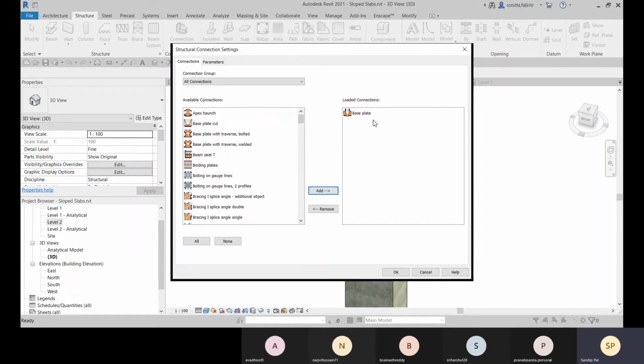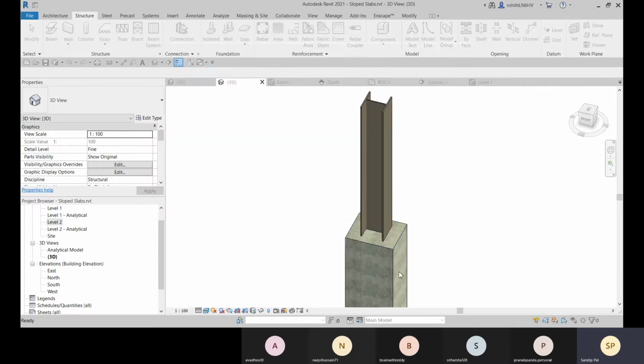So it will be in the loaded connection list and I can use it. You can just add whatever connections you need into this loaded connection list. And suppose you have made any mistake or you want to remove one from the loaded connection, just select it and then remove it, or you can just double click to remove and double click to add from the available connections. All right, so that is done.